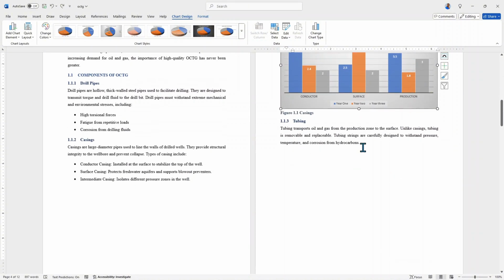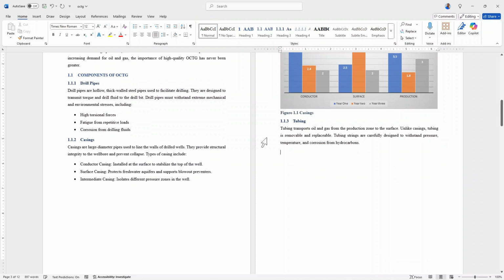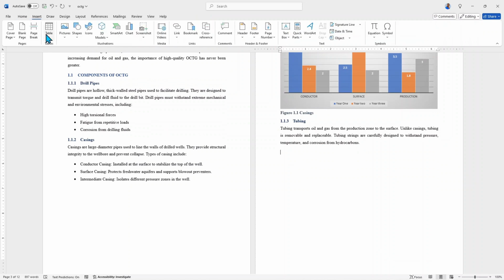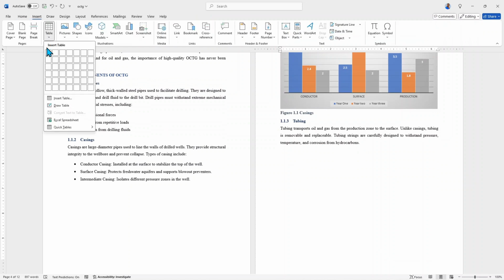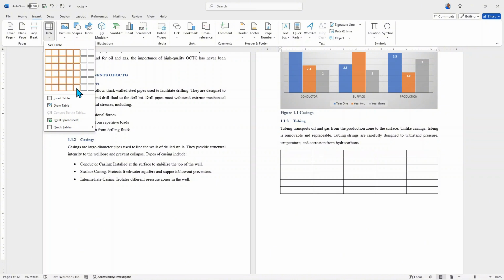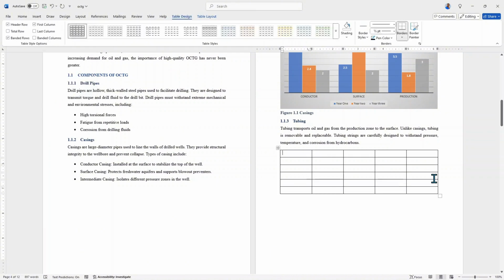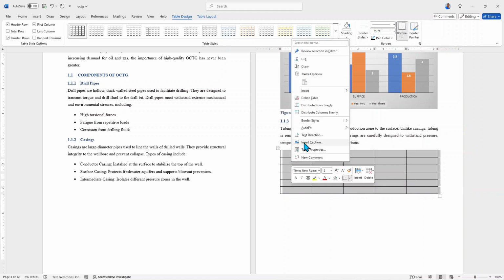And also, if you would like to add a table, you can always go to the insert tab as usual. Then in the tables group, you click on it, then choose the number of rows and columns you want, and you simply select it. And as you can see, the table has appeared. Then you insert your headings and the information you want to input. And if you'd also want to add a title to your tables, just as you've done for your charts and your pictures, you can simply select your entire table, then you right click,